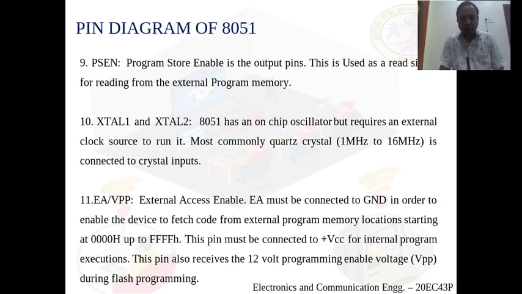Coming to the last pin, EA bar or VPP pin, external access enable pin. This pin must be grounded in order to access the external program memory. Otherwise, this pin will be connected to the supply voltage VCC for internal program execution. This pin will also receive the 12 volt programming enable voltage, that is VPP,